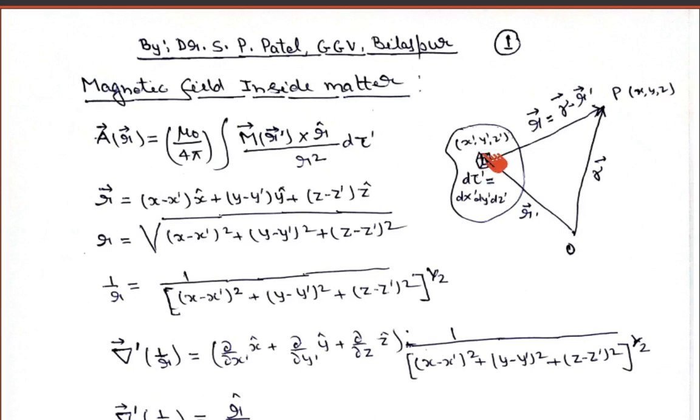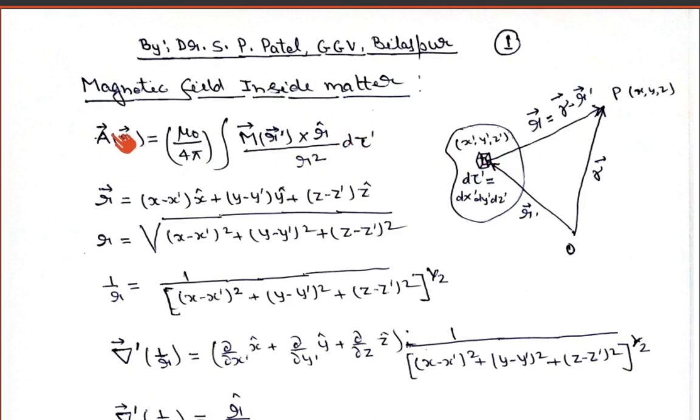Okay, so we have an infinitesimal volume, let us say d tau prime, that is dx prime, dy prime, dz prime, and because of this infinitesimal volume, we have to write a magnetic vector potential at these points. So let us assume that this infinitesimal volume has a magnetic dipole moment m. We can write this magnetic vector potential in terms of magnetic dipole moment, and after that we can write it in terms of magnetization. Magnetization, we know, is magnetic dipole moment per unit volume, or small m can be written as magnetization times volume. So here I have changed it and written it in terms of volume.